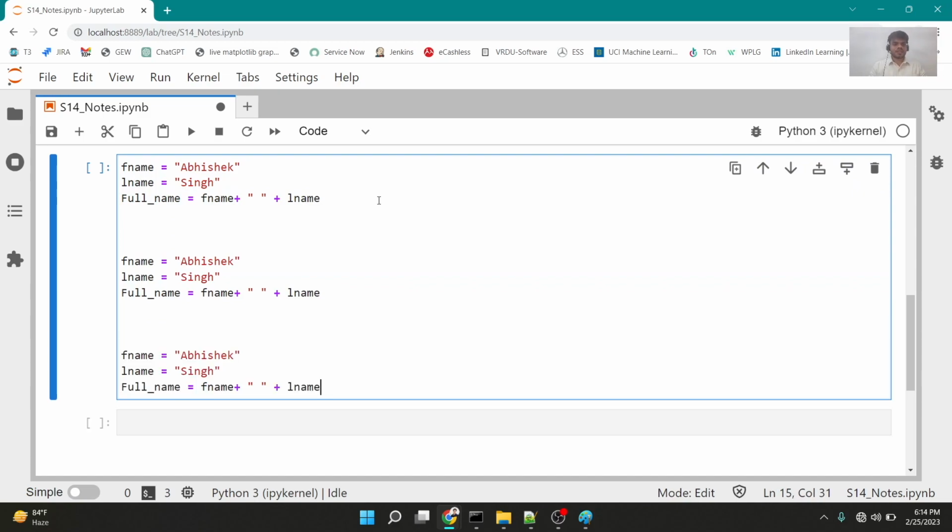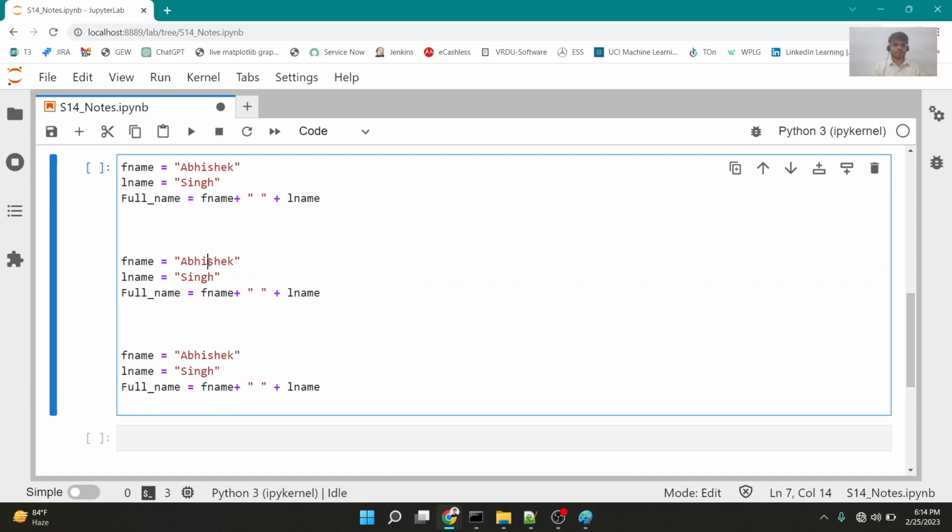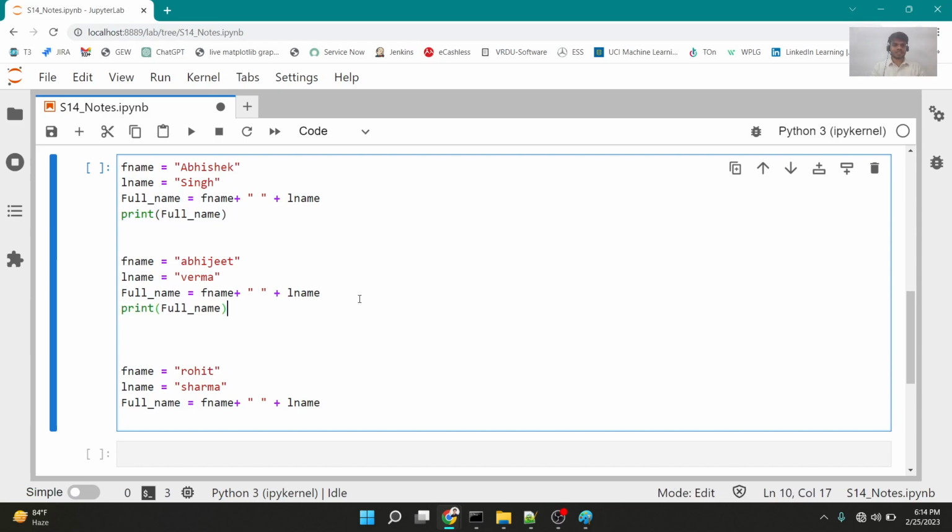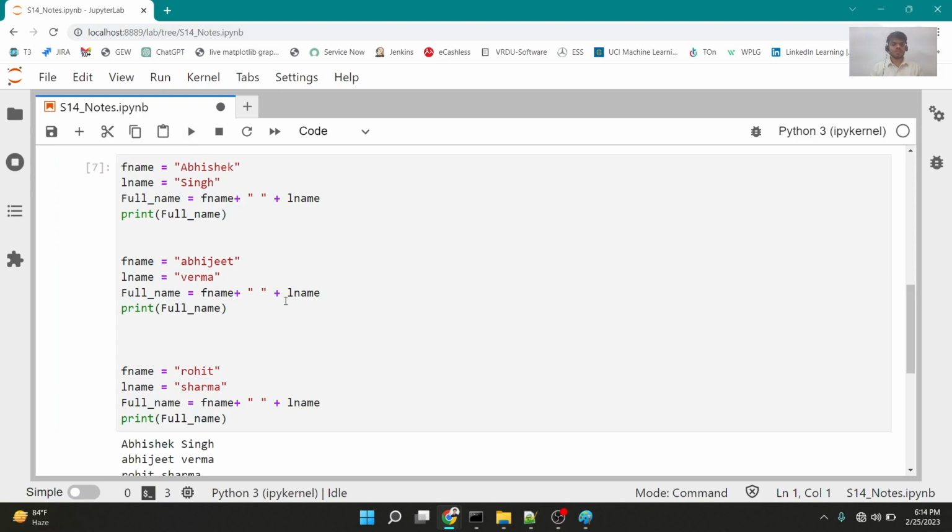Let me write this repeatedly. Here I'm going to replace it with Abhijit Verma, Rohit Sharma. Let me also print the full name after writing these lines of code and run it. You would observe that